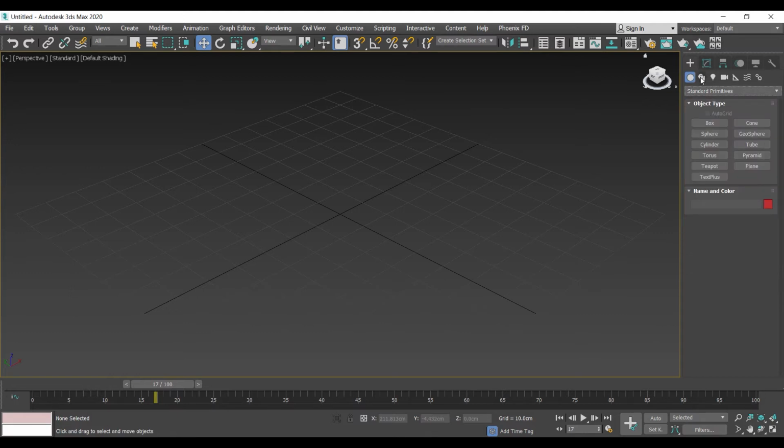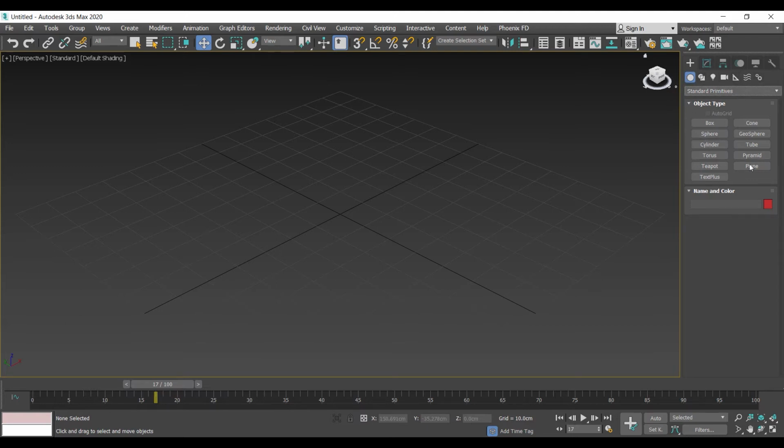And then if we go to shapes, we have different types of shapes, for example splines or NURBS or extended splines and so on. If you go to lights, we have different types of light: photometric lights, standard lights, V-Ray lights. Same thing goes for the cameras, and for each one of those options. For example, if I go to create standard primitives, I have access to each one of those. This is all in the Create tab. So if I want to create anything, a box, a light, a camera, a helper, or a line, I have to go to the Create tab, and then go to the category I need.